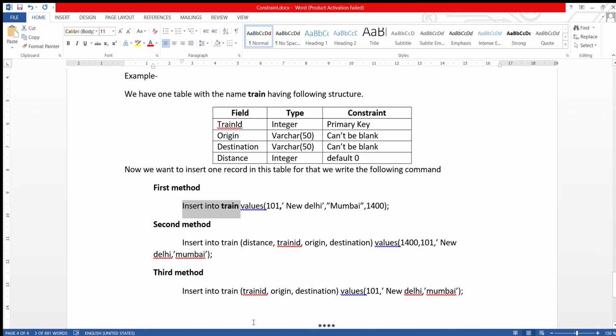Now remember one thing, when you use the command in MySQL, after writing the command, the system will give the message one row inserted. When you receive that message, it means you have successfully added a row. If any error is there, then the system will display the error. You have to resolve it and then do it again.